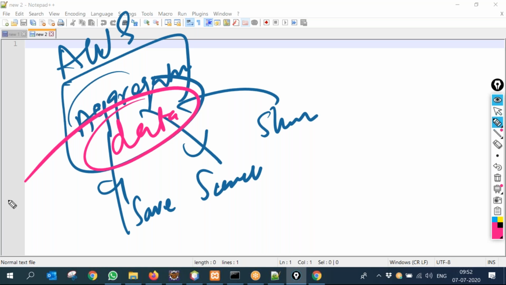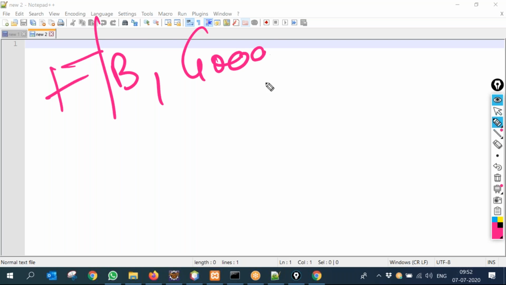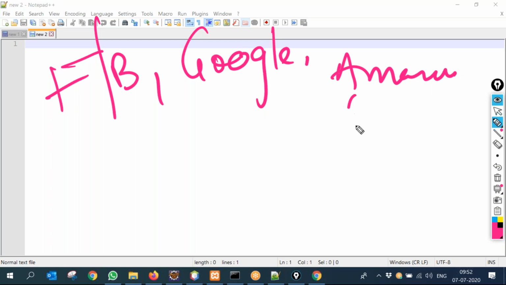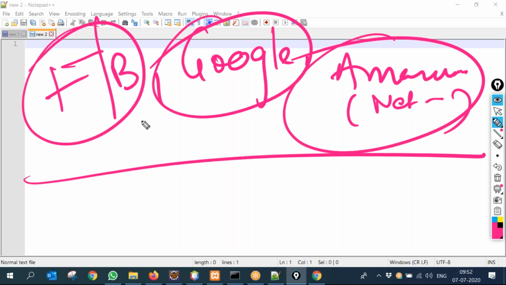You will be surprised to know that all machine learning models come from Facebook, Google, Amazon, Netflix, etc. All big companies you name, and they monopolize all machine learning models. Why?